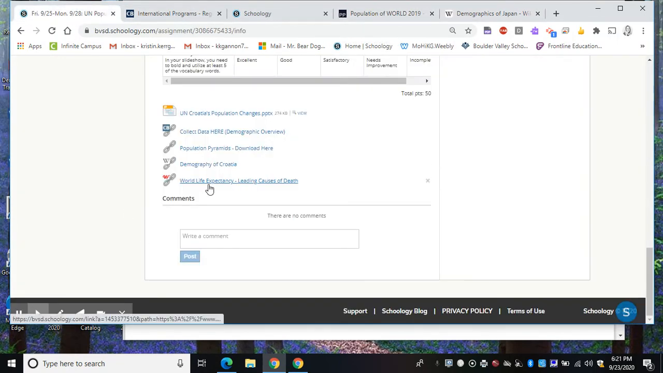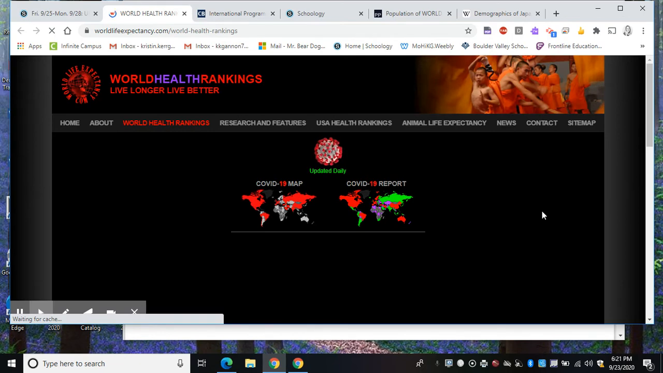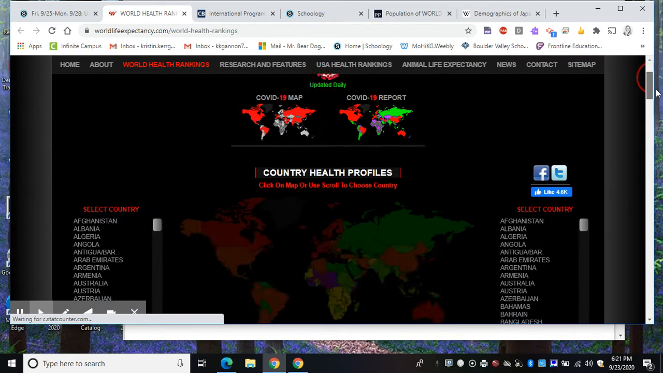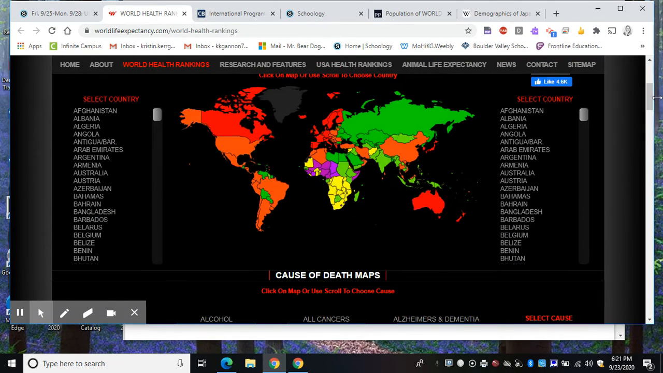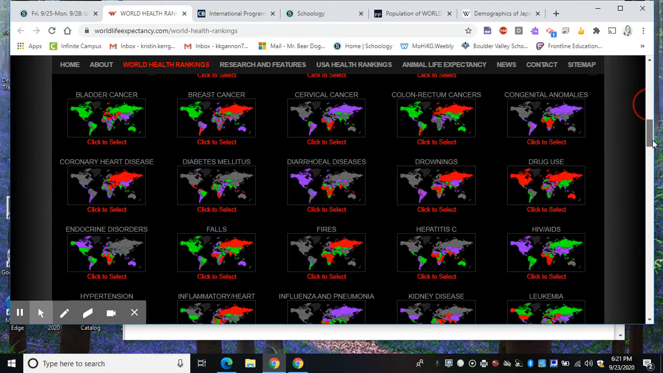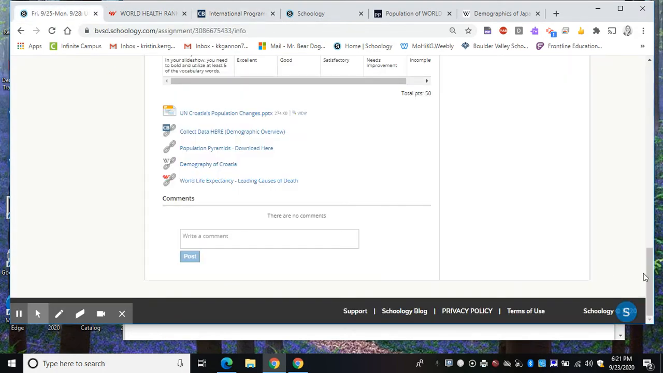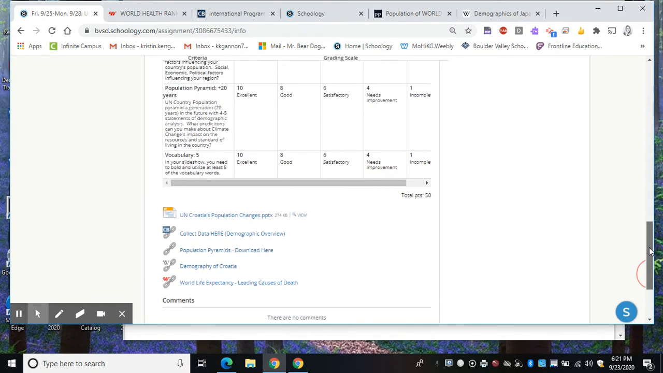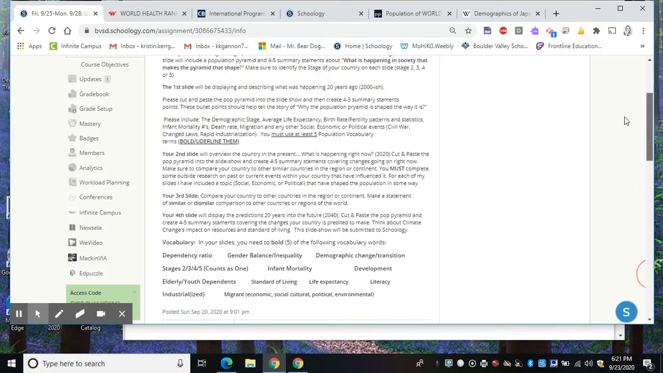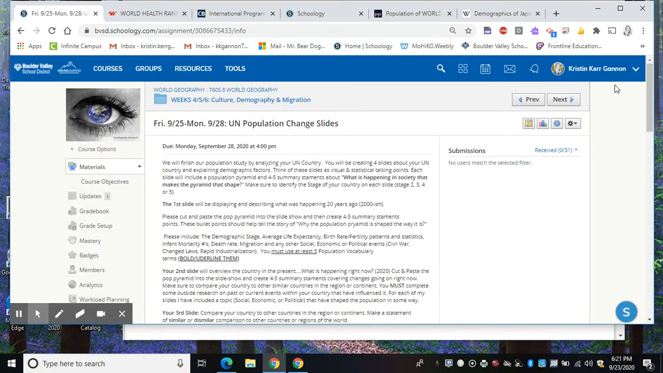And what else do we have? World life expectancy. I've showed you this website before in my other lecture, but this is looking at the ways that you can die and tries to compare the health and safety of countries to each other. This is a great place to get information and to research your country. And when you have all of this information, you're ready to present the demographics of your country